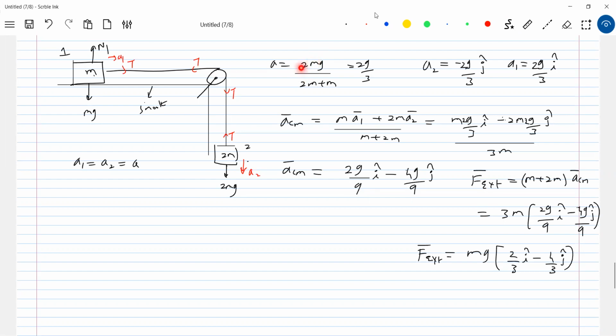To calculate the acceleration of a block, we talk about the force responsible for the acceleration of the block. If I ask what is the net force acting on the system, it is not 2mg. This should be the net force. If it were only 2mg, then the center of mass should shift only vertically down. But it's not like that. How is the center of mass moving? Look at this one: 2 i cap minus j cap. This is the heavier mass, so let the center of mass be somewhere here, and it moves along i cap minus j cap. Somewhere here, the center of mass of the system will be moving. I'm taking the star mark here.